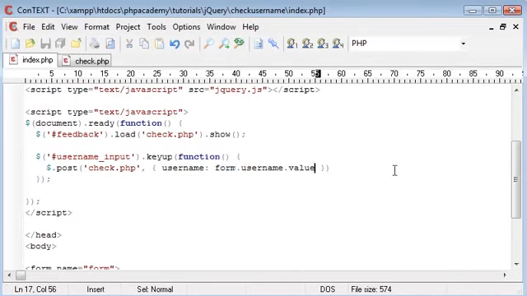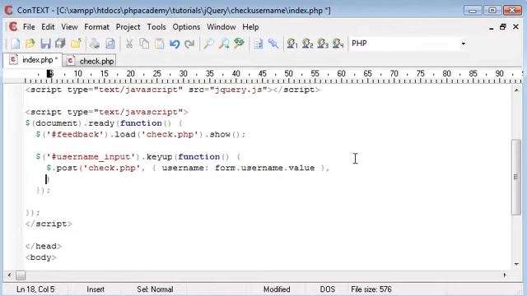So it's pretty simple. The next thing we want to do is, after the curly bracket, we need another comma, and we're going to come down and we're going to type function, and this time inside the rounded brackets we're going to type